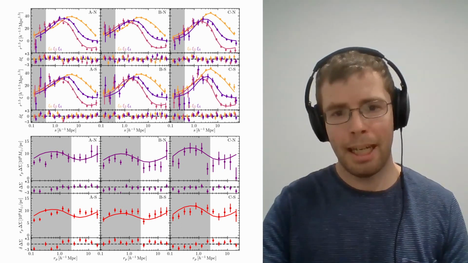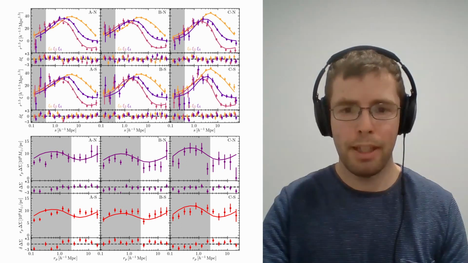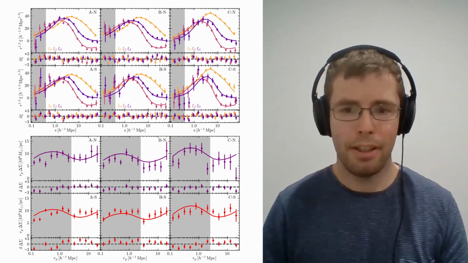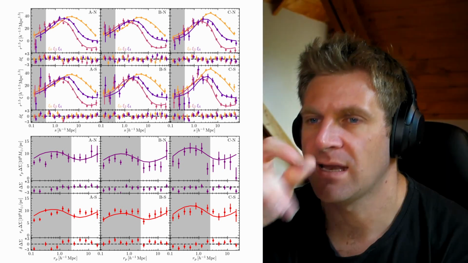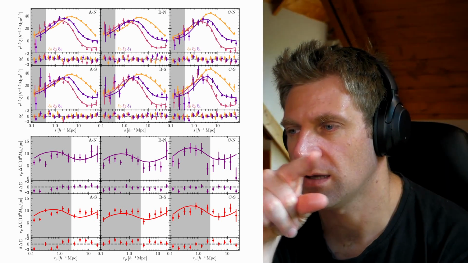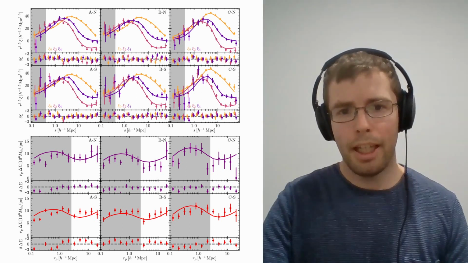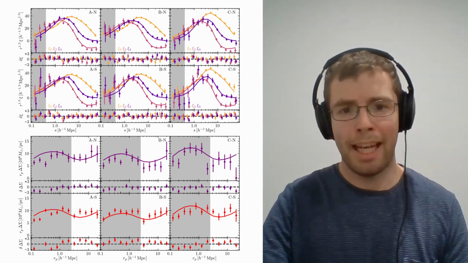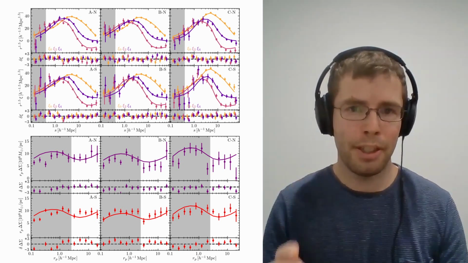For the northern galactic cap, those measurements basically only come from the Kilo-Degree Survey, and for the southern galactic cap, those come from the Dark Energy Survey. And A, B, and C are increasing in redshift or decreasing in redshift? Increasing. Each of those panels, the gray bands indicate the range of scales that we do not consider for our